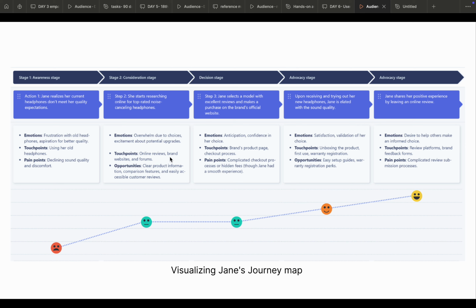She is going through the brand websites. So on the landing page they will look at everything. And then she is also reading in the forums like community pages. And then the opportunities that can be given for her is clear product information, comparison features, and easily accessible customer